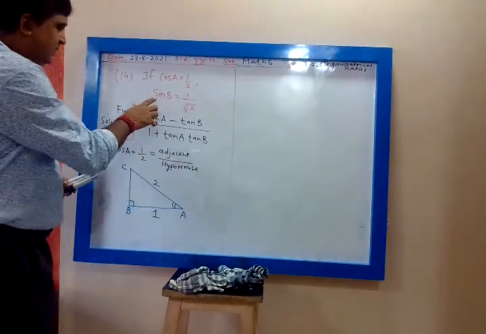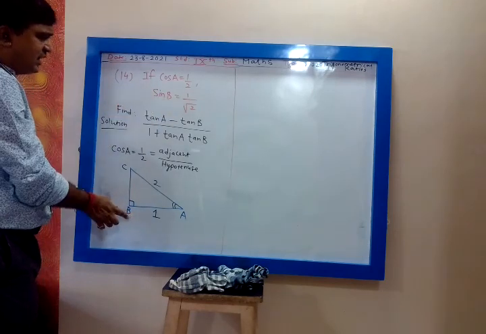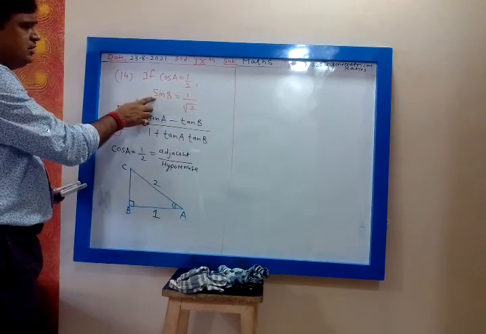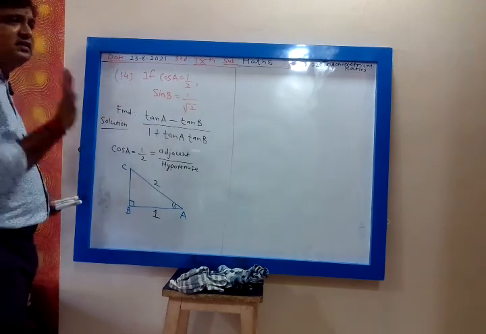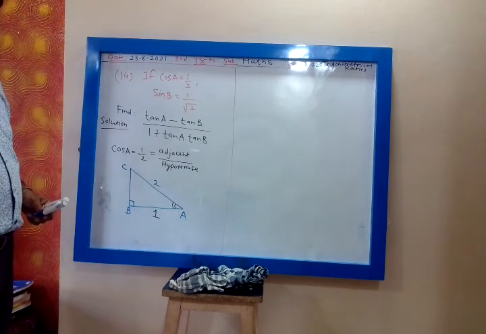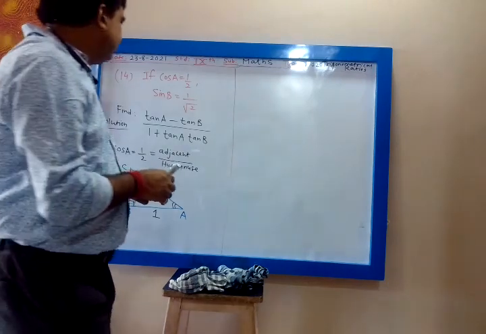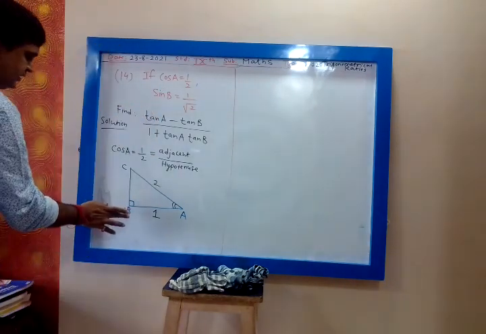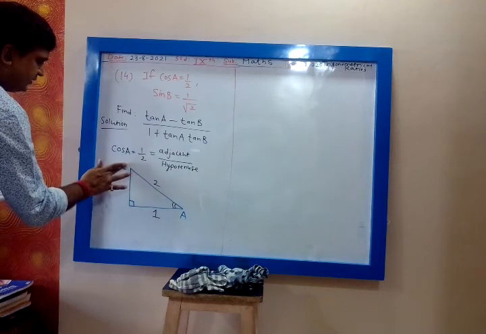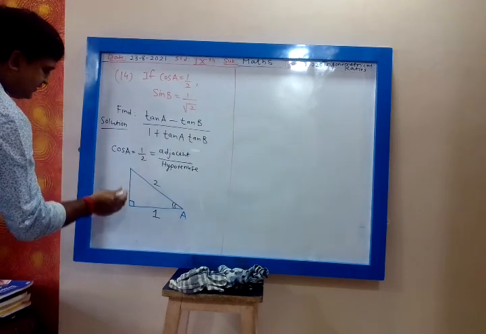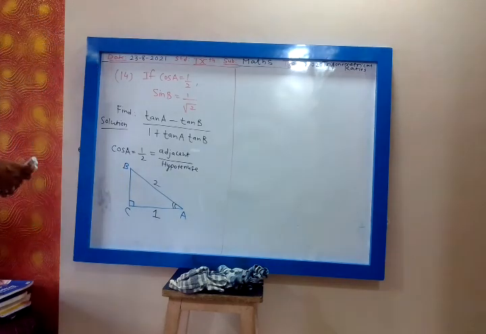Are you following this? For sin B, you have to consider a different triangle. You cannot consider this triangle because the trigonometrical ratio given is sin B. So B should not be 90 degree. My dear, here B is 90 degree. Are you getting this? So instead of taking this as B, you take this as C and this as B, because A and B are the reference angles. Okay.